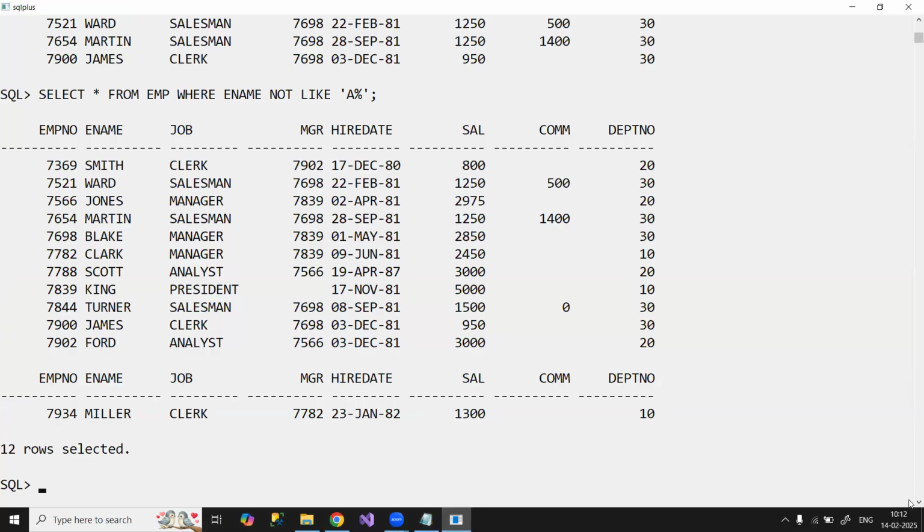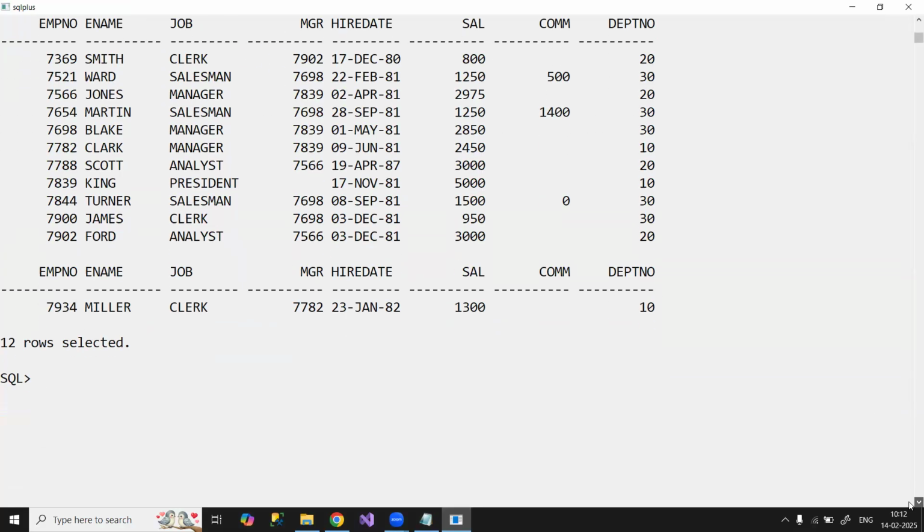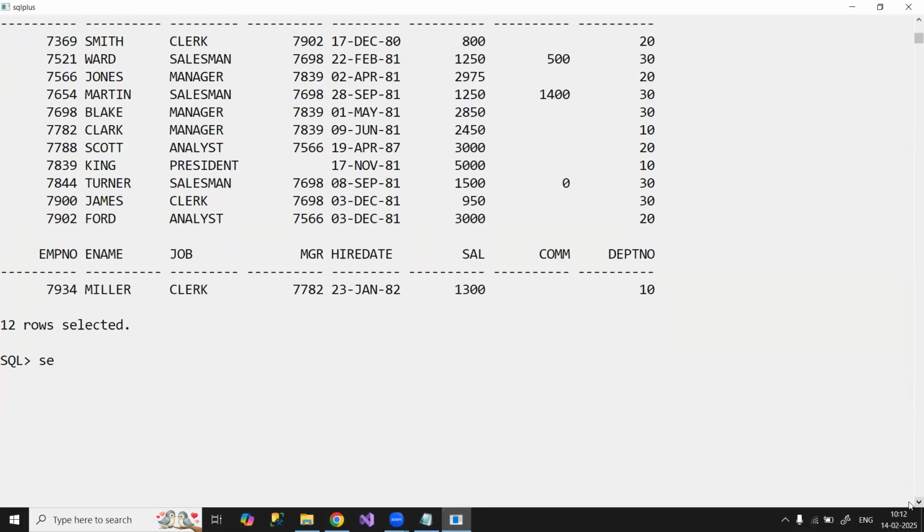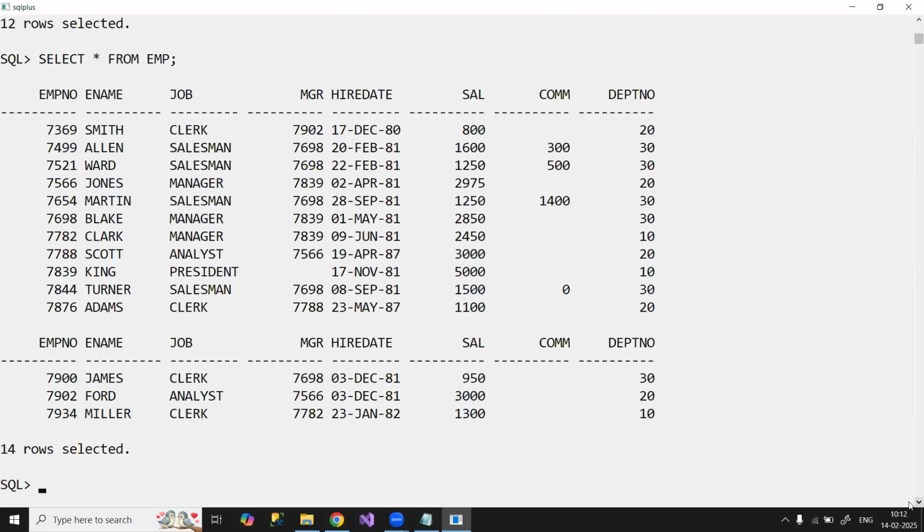Now here, select asterisk from EMP. If I want to display the second one, fourth one and sixth one, three records picked randomly, then here I'll write like this. Select asterisk from